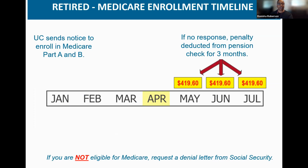So let's talk about the retired employee Medicare eligible enrollment timeline. If you age into Medicare after you retire, UC will send you instructions called an aging in packet 3 months prior to your 65th birthday. So in this example, this retiree is turning 65 in the month of April. UC will send a notice to enroll, so the aging in packet will come in January. Then you have 3 months, January, February, and March, to complete your forms and submit them to the RAS. If you do not respond by the month of May, there will be penalties from your pension check for 3 months in the amount of